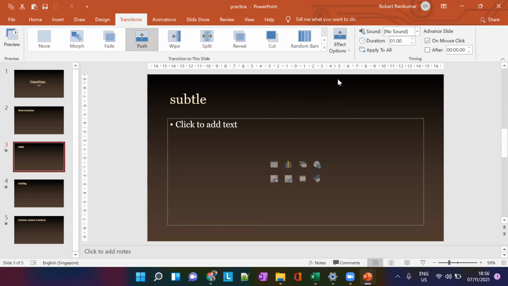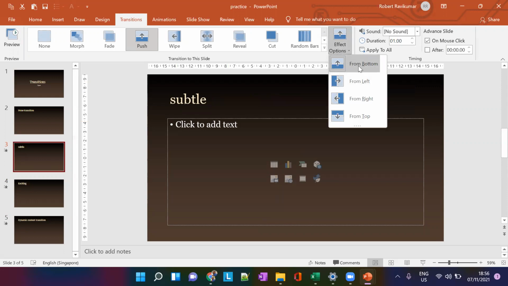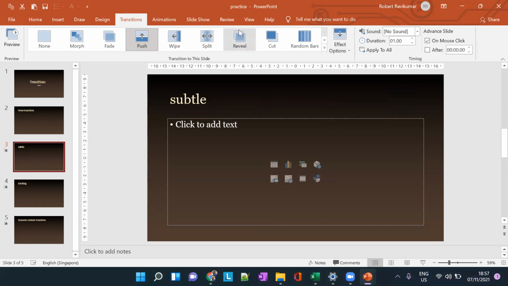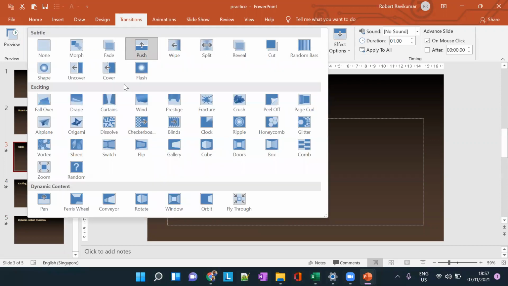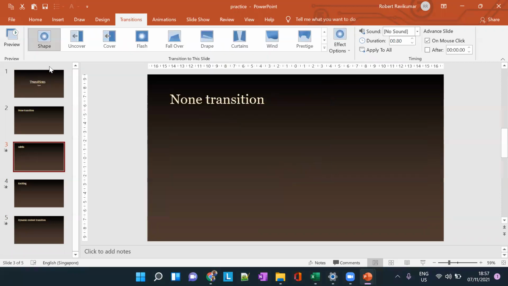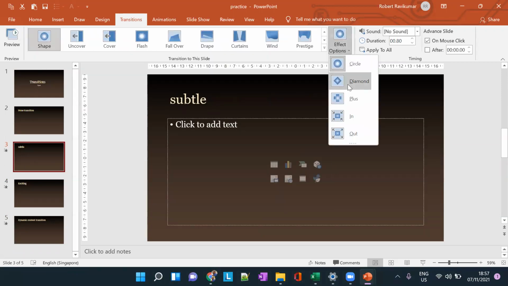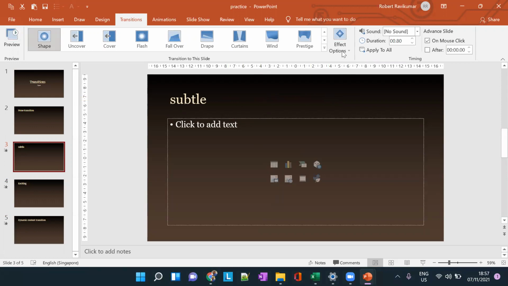We can customize other transitions also here. The default is from bottom, and you can push it from top to bottom now. So this is how you can customize a particular transition. For every transition, there is a way to customize it. Even for the shape transition, there must be some other different effect.